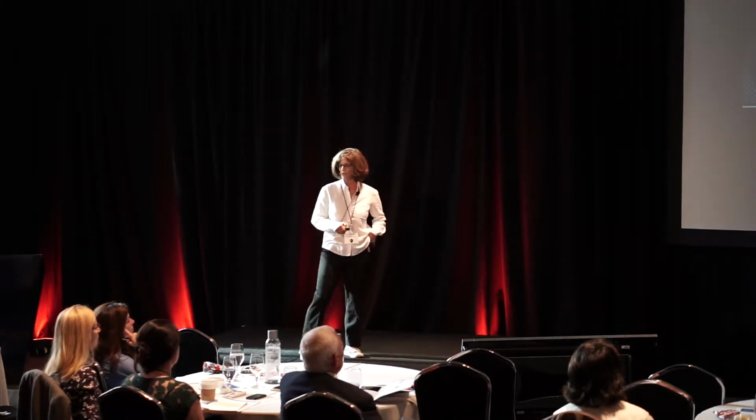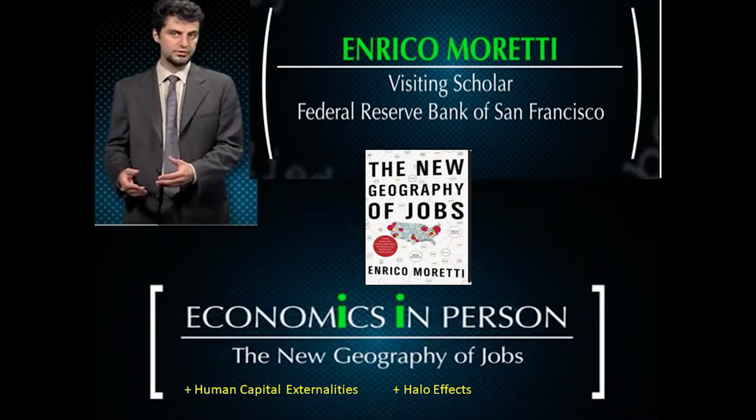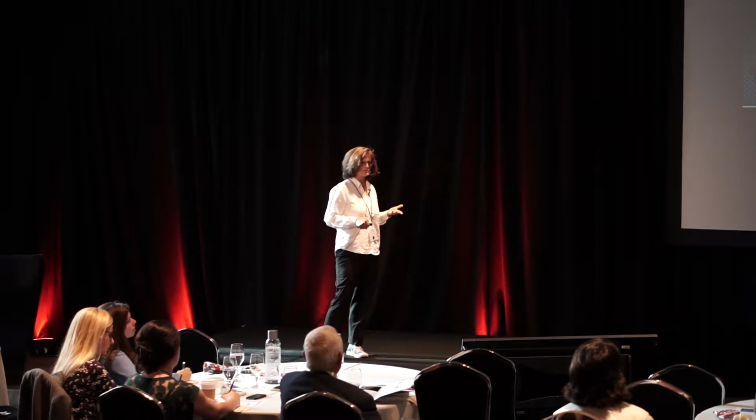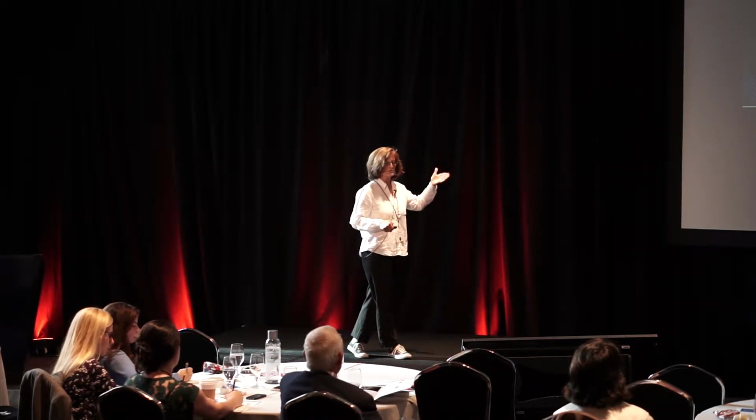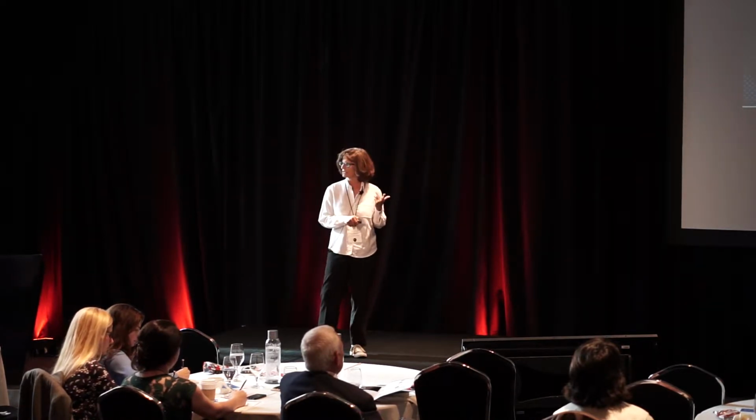Then we move on, and I don't know if you've seen or know about Enrico Moretti, but in his new geography of jobs, this is going to be just a short video clip, I think it's 8 minutes, where he talks about his new geography of jobs. Basically, what he looks at is the different innovative, highly educated hubs across the US, and then those that are much less educated and approximate more the third world country hubs within the US. So right after they've learned that there are positive returns to education in terms of employment and earnings, we come upon this, and it's not really that equal.